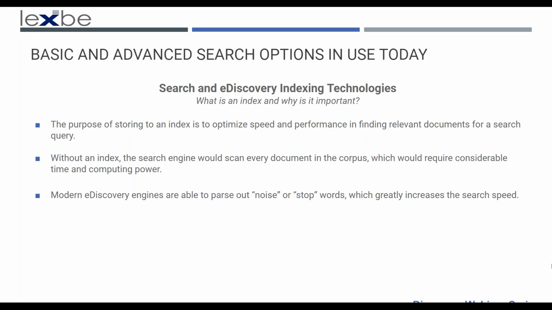An eDiscovery platform works in a similar way in that at upload, during the processing of these documents, the index is built. So the eDiscovery platforms that you use are very powerful, and they're scanning each document and making a reference similar to the textbook index, making a reference in the database behind the scenes. So when you put in your search terms, it's not scanning 300,000 documents right then and there. It already has a reference built in for where that word exists in the corpus of your documents.